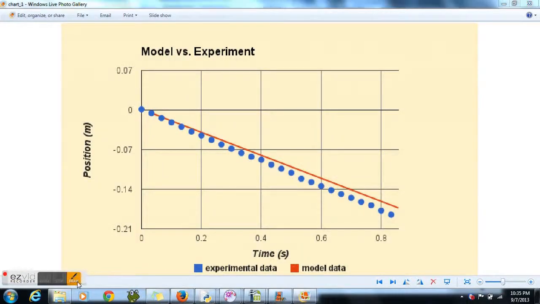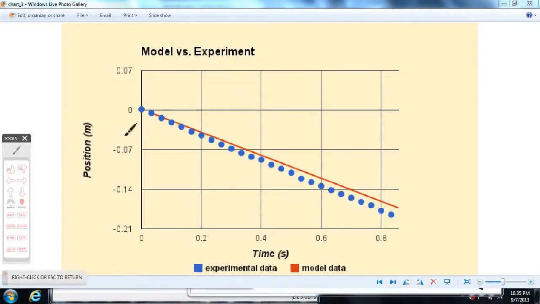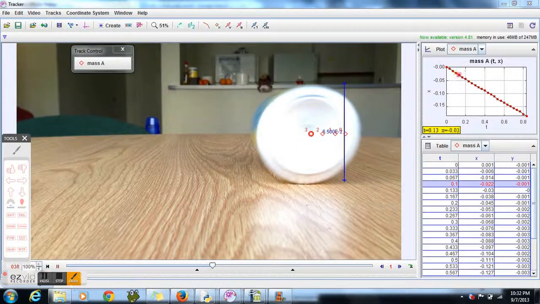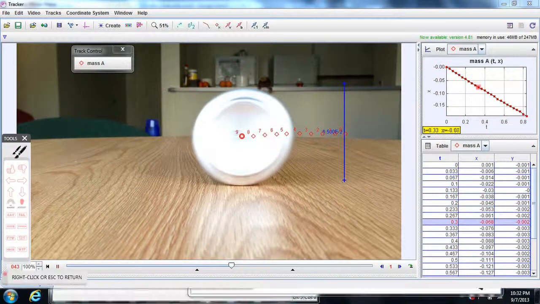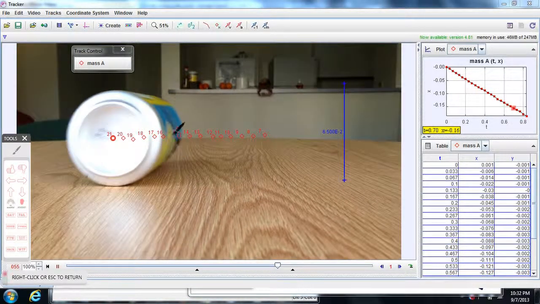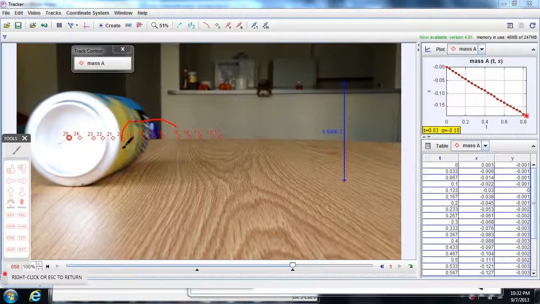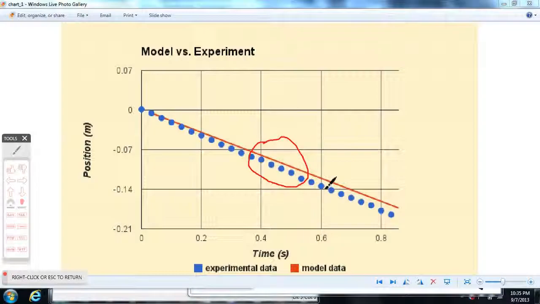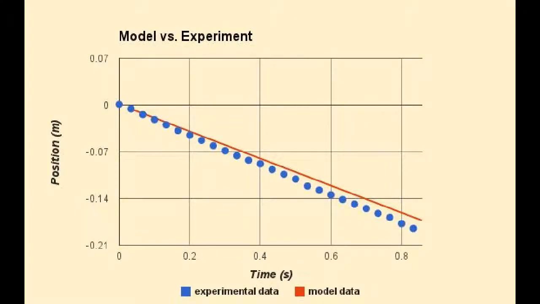The only discrepancy is in the experimental data where there are a few bumps. This was probably due to the fact that the object did not move in exactly a straight line, which is through human error. Though several trials were taken, even the best trial of pushing the can did not produce a straight line, therefore causing a little shakiness in the position versus time graph and small difference from the model data. Overall, though, the two lines are similar enough to be able to use the model data to predict future positions of the soda can and conclude that the can was traveling in constant velocity as visually proven by the straight slope.